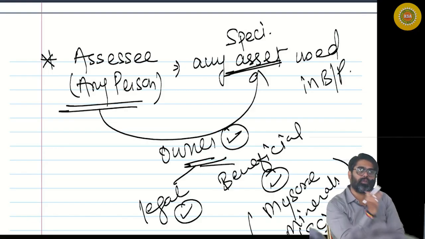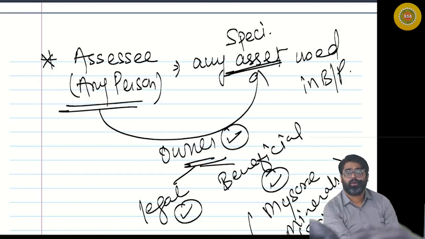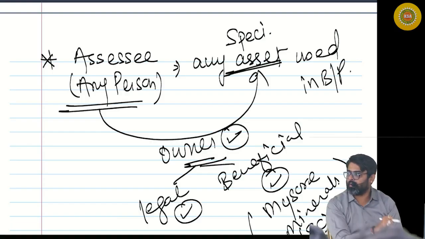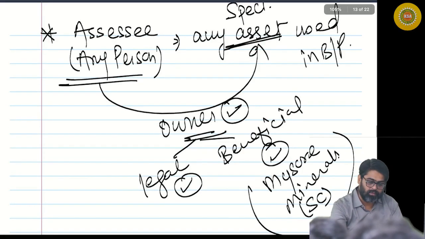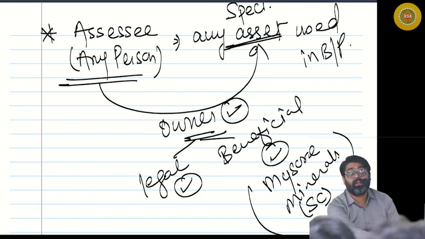But what if he is not the owner? Has he incurred the cost of the asset? No. So that cost should not be allowed to him, because he is not the owner and he has not incurred the cost. But sometimes, even if you are not the legal owner of the asset,